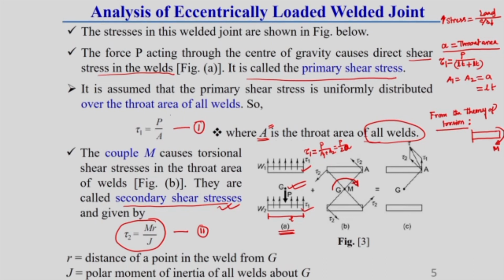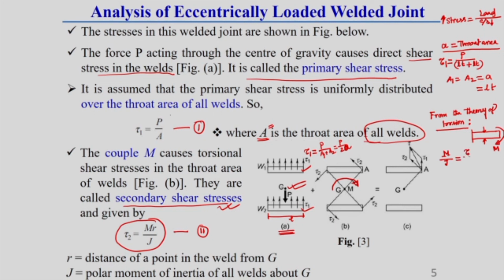That is called the theory of pure torsion. From this theory we know that M by J, where J is the polar moment of inertia of the shaft cross-sectional area, M by J equals